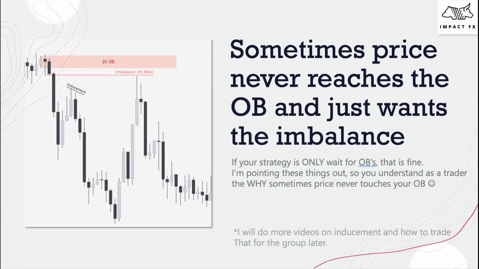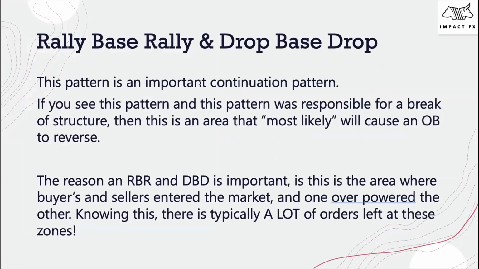Okay, the next big patterns, you guys, that I deem really important with OBs is the rally-base-rally and the drop-base-drop. This pattern is important as a continuation pattern. Typically, when you see this, especially in the daily or the 4-hour, and you see a rally-base-rally, you could consider the next 4 hours will probably be a continuation. And you can now start formulating OB pullbacks inside of the previous 4-hour or daily candle as continuations. I don't touch on that trading approach in this session, but rally-base-rallies are continuation patterns,